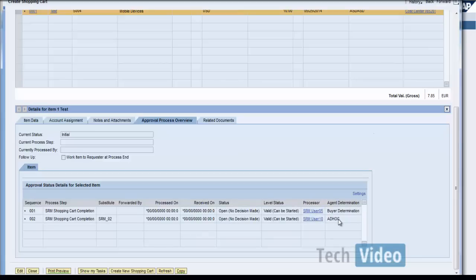So generally this is not a very recommended approach, but in case an approver insists that you also add your current team lead or probably your current manager, in that case you may choose to add an ad hoc approver to complete the review or the approval process. You may add this approver as a reviewer also. So in that case he will not be taking any decision but only be viewing the entire approval process.